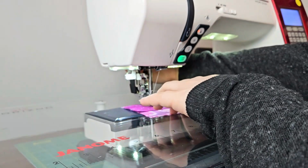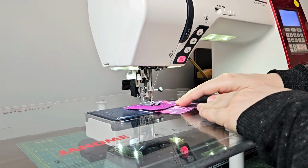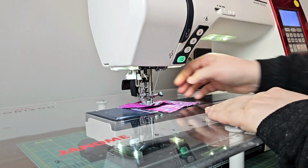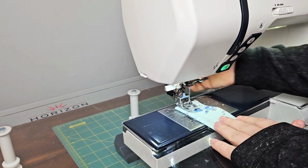You can stop and you can pivot, and this way you can make nice crisp shapes without moving your fabric by accident. You want to be very purposeful. So I'm just going to sew a quick seam,